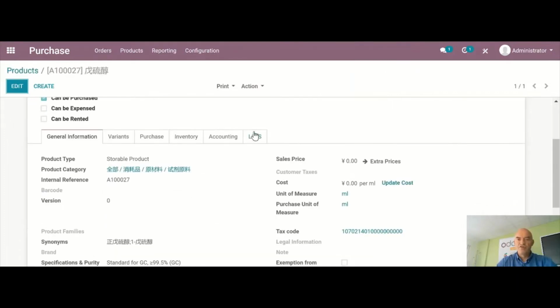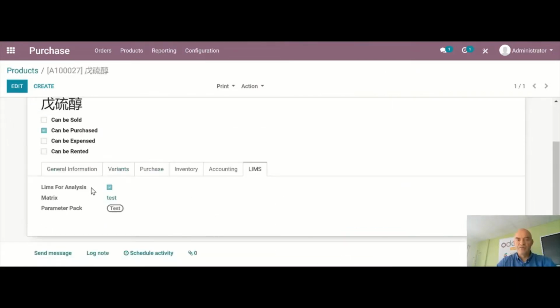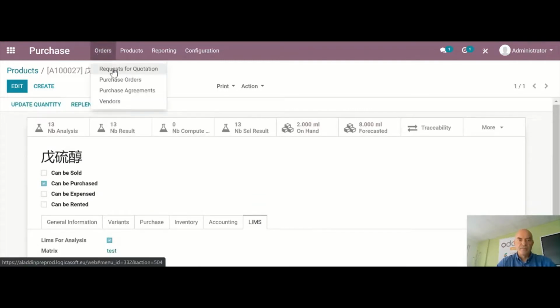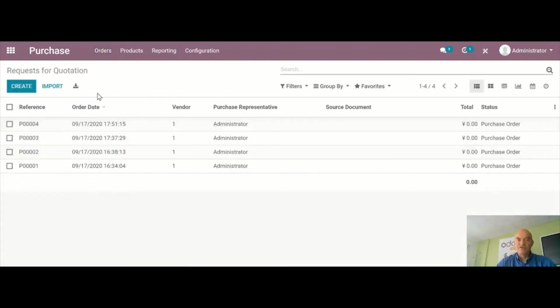which allows you to connect the product and the LIMS. And here we say that, okay, this is a product that we are going to analyze. And this is the test that we are going to perform. And you will see that behind the test, we can also have a lot of parameters. So if I create a request for quotation for this product,